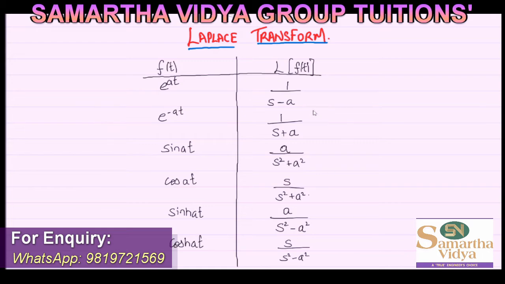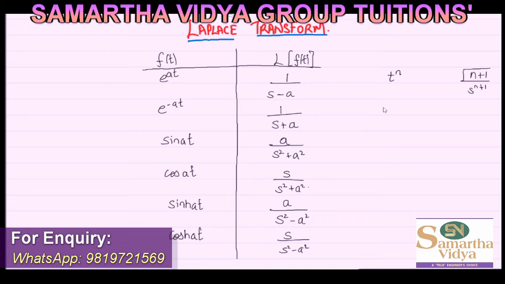So these are the formulas for your standard functions, that is nothing but the exponential, the trigonometric and the hyperbolic functions. When we have the function t raised to n, in that case the Laplace of that will be gamma n plus 1 upon s raised to n plus 1. If you can just recollect what the gamma function is, it is related to your first year, your second semester topic of beta gamma function. Now in this case, this particular formula is for any n.